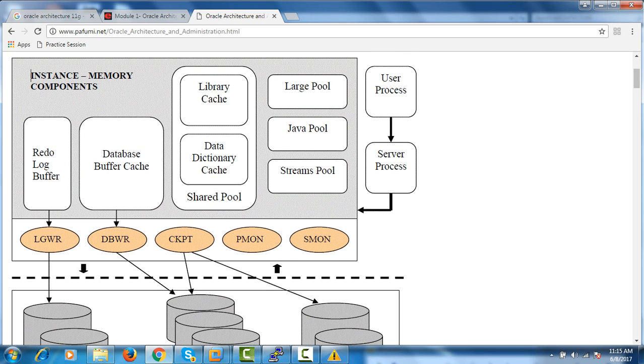There is one more: the library cache, data dictionary cache, and shared pool. The shared pool is a very important part of the SGA, the shared global area. It is a memory component.